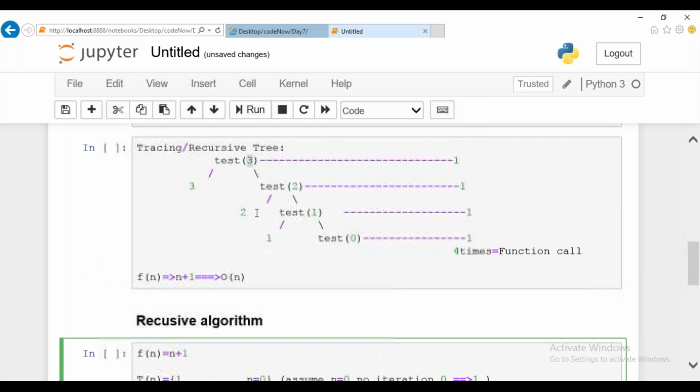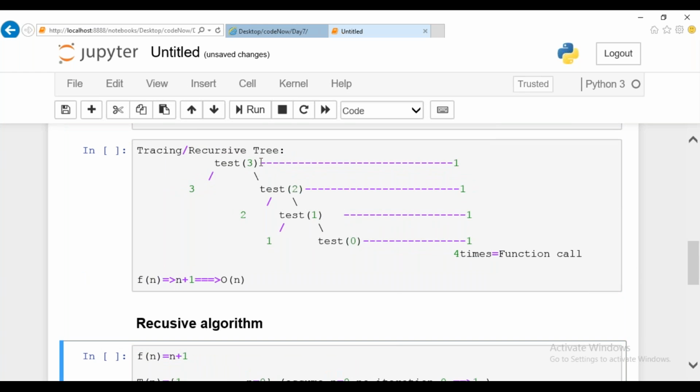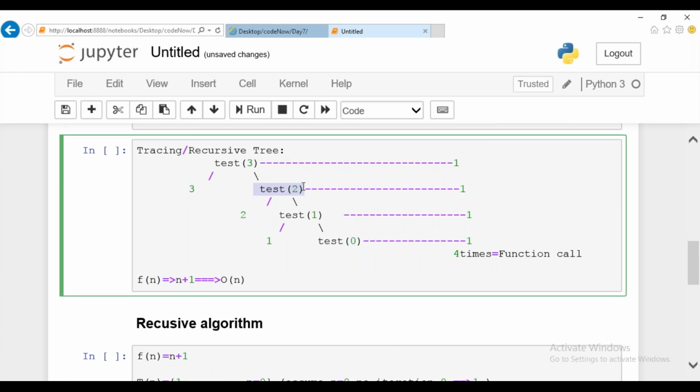Okay. This is your first iteration, right? And this is your second iteration, and this is your third iteration. I didn't speak about the value inside it. I'm speaking about the number of times. So you'll say this is your first iteration, this is your second iteration, this is your third iteration. So I didn't mean 3, 2, 1, 0. I'm naming how many times the loop is repeated. I'm not speaking about the value that is decreasing or increasing.